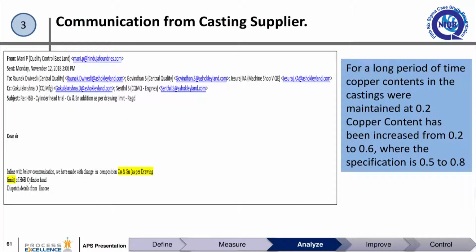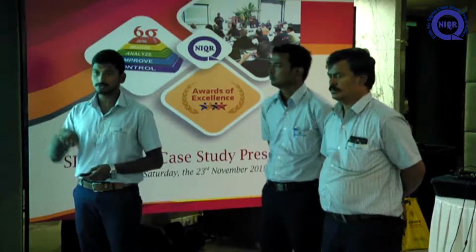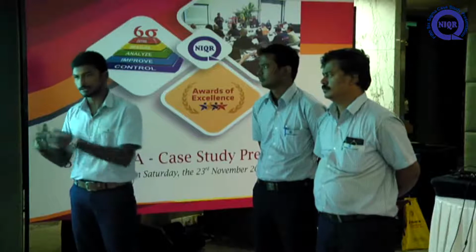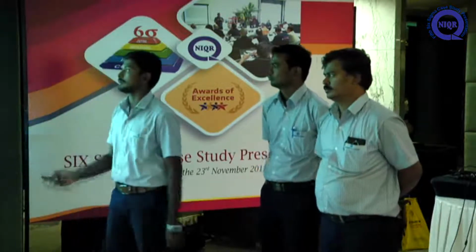We did a literature survey, where we saw that if copper content is added, the ductility of the component will increase. If ductility increases, there will be continuous chip formation. This continuous chip formation may wear the tool sooner. That is how the tool is wearing out sooner, before the spec life of 300, and size variation is happening.